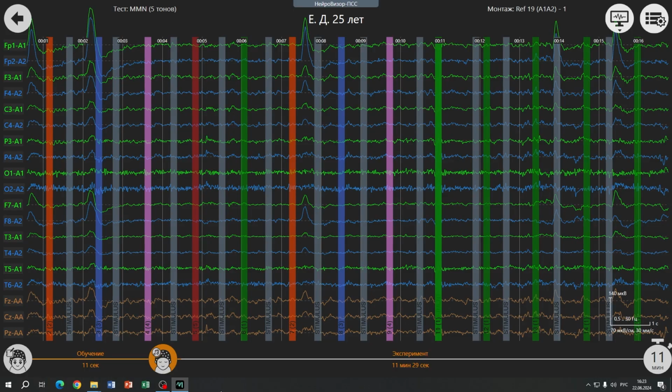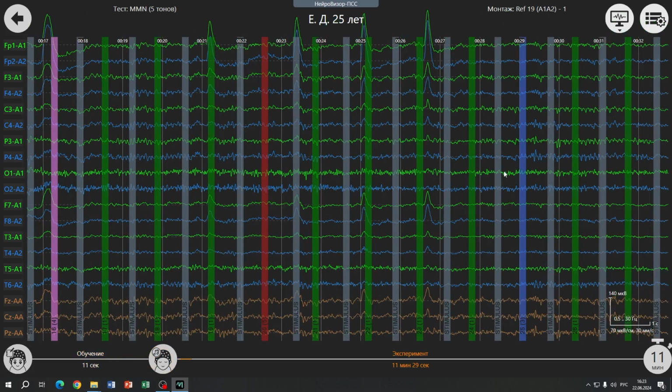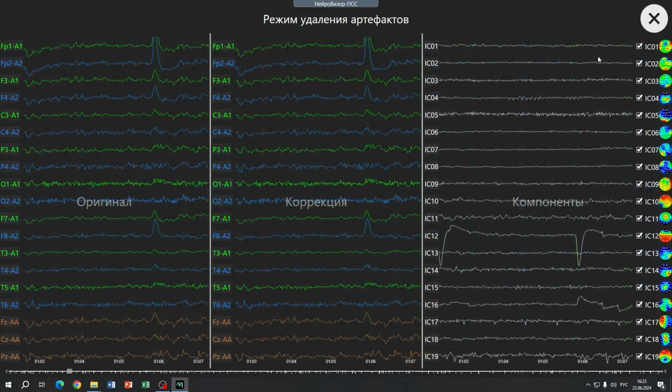Now we see a saved file with a 19-channel recording of the EEG, and it should be noted that there are oculomotor artifacts associated with blinking, as well as the fact that our participant was making eye movements while watching the video. We can remove this component by entering the artifact removal mode. Note that the eye movement component should have an anterior frontal localization near the location of the eyeballs. We find it,